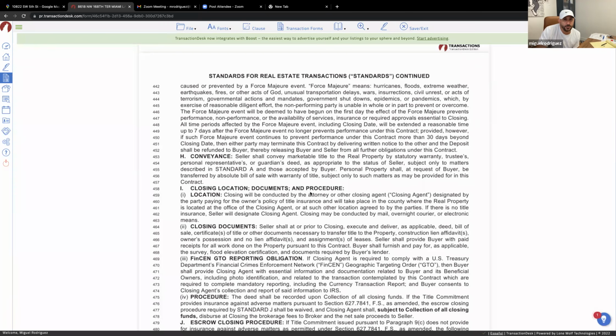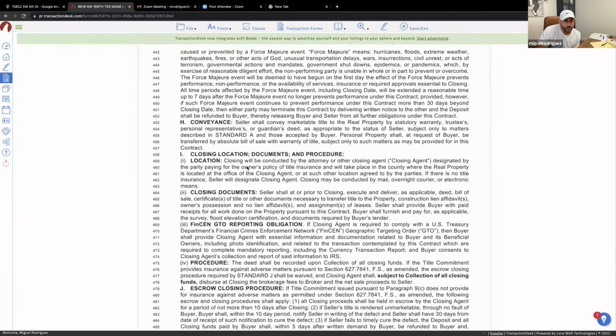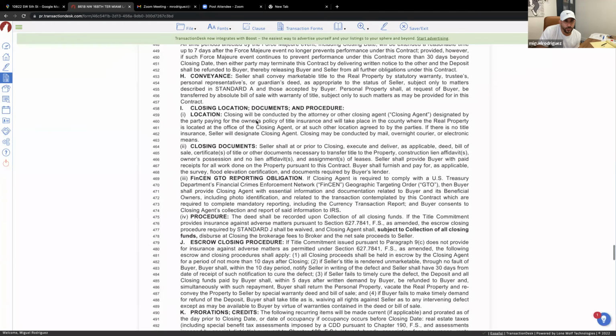Closing location, documents, and procedure. Locations for the closing. This is going to describe what's going to be part of the closing, the day of closing. Closing will be conducted by the attorney, and they will notify the parties. The closing documents are going to be your closing package, your loan package for sellers, the seller docs, the FinCEN GTO reporting obligation. If closing agent is required to comply with the U.S. Treasury Department's Financial Crimes Enforcement